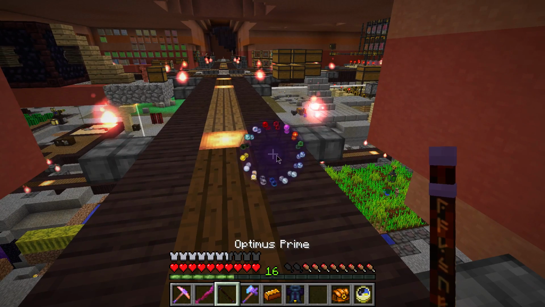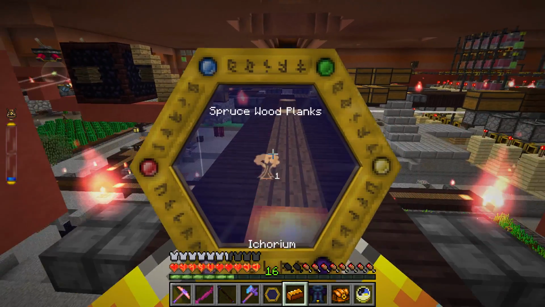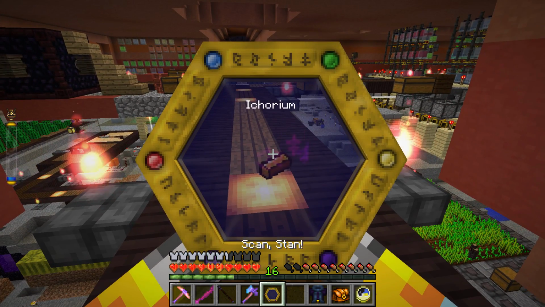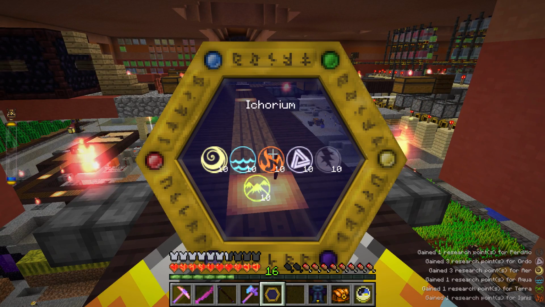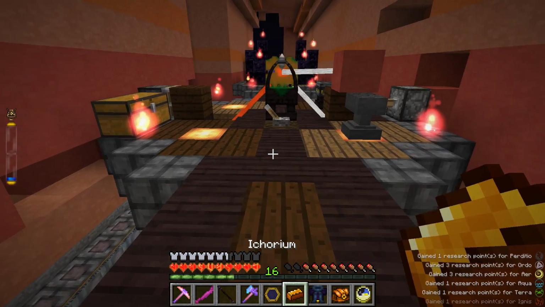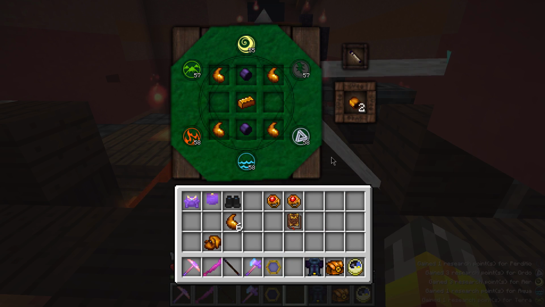I don't think it's going to have any decent aspects inside. It's going to be fairly similar to its brothers, being fairly weak on the aspect side of things. But seeing as how expensive it is. And of course, as I say that, it's got 10 of all the primals. Of course it does. Alright, let's go ahead and throw it in the table and make ourselves some Ichorium wand